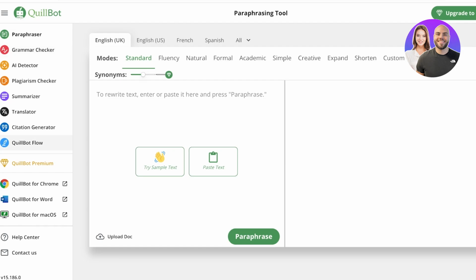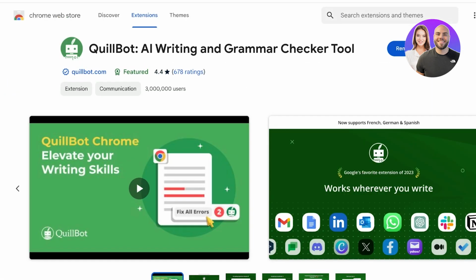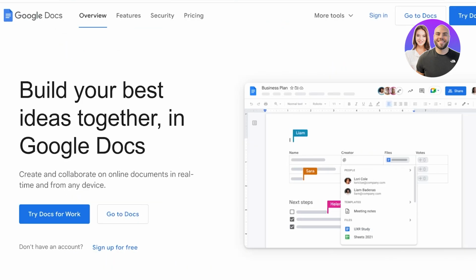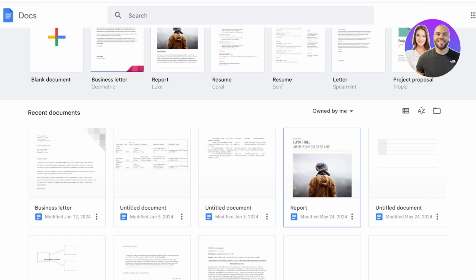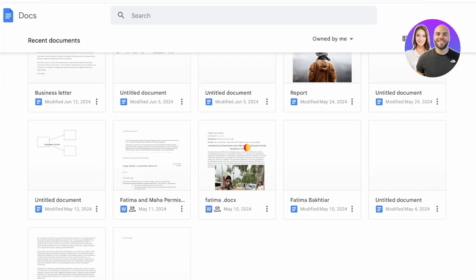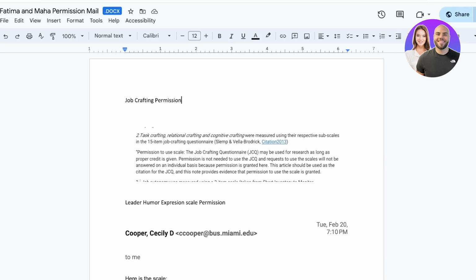Now, one thing to note is that if you open up your Quillbot, let's say I go into my docs and I go into Google Docs like this, and then I'm just going to click on go to docs and then I can take this sample over here. I'll take this sample from here like this. So over here, you will see that if I click on Quillbot, which I will mark over here like this,